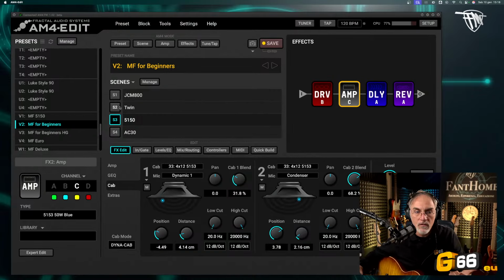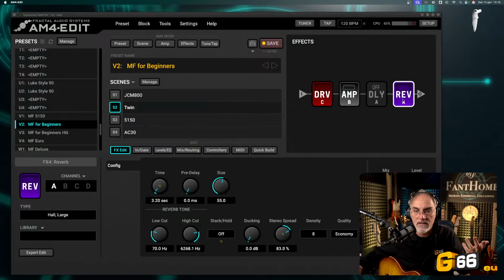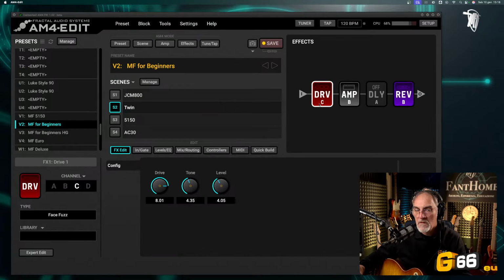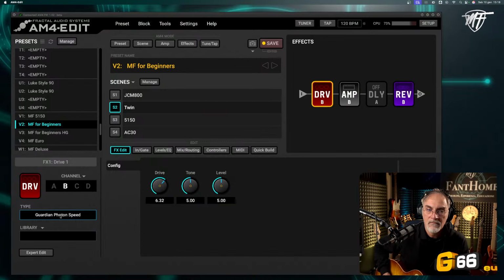So on the Fender Twin, I can decide, for example, on reverb to switch to the Ursa Major. And also, I wanted to use the Guardian Photon Speed Drive.